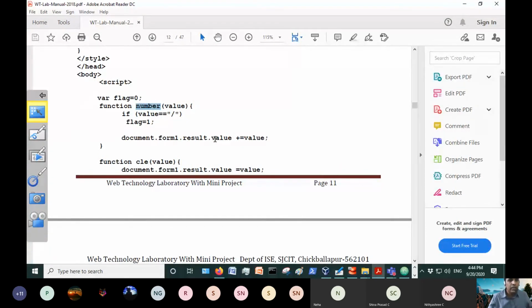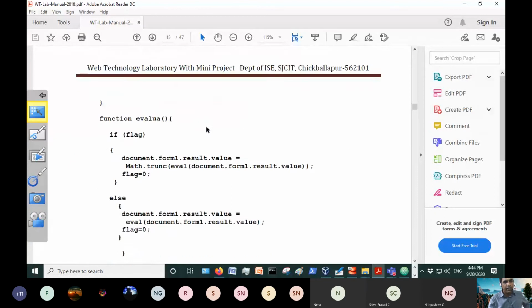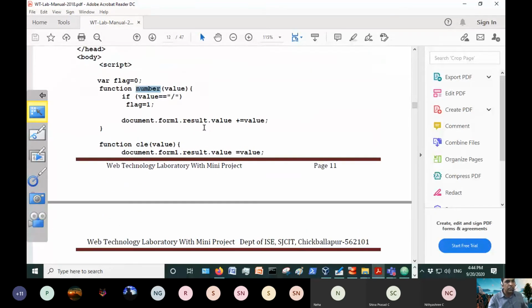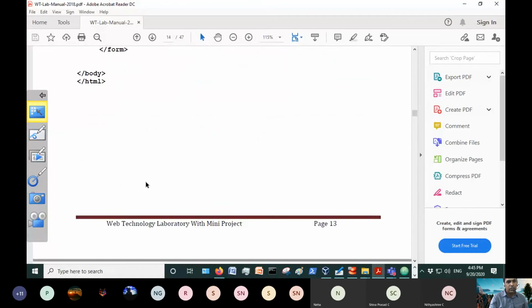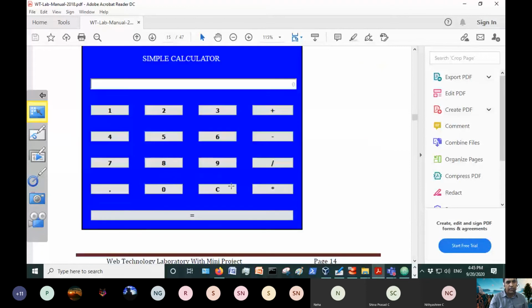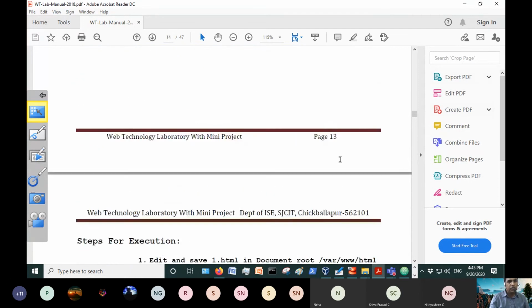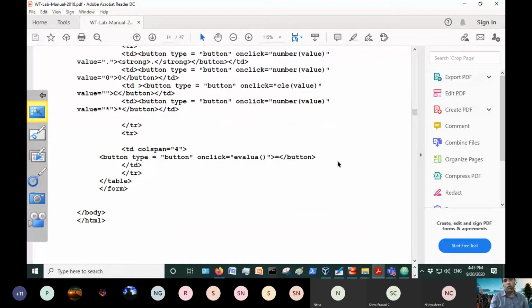I will come to that. Next is another evaluation function. And one more, CLE, is the clear function, because there is a clear button in your calculator, so your screen should be cleared. For that purpose the clear function is used. So three functions are there in your first program.